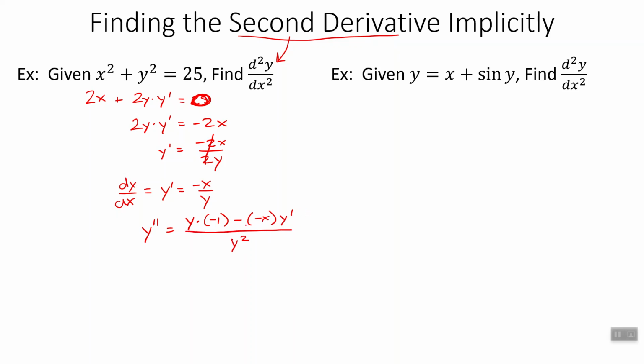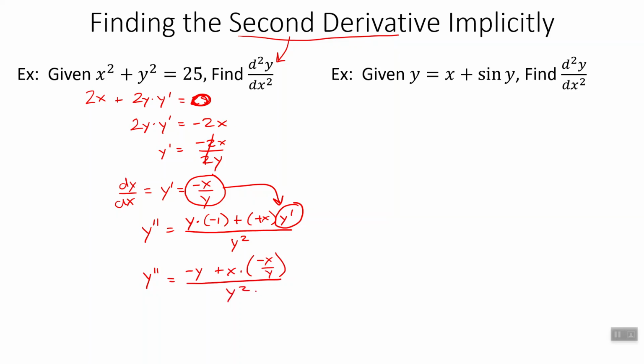All right, so now, let's see, we got a negative and a negative. Those will cancel out. But we still have a derivative here. We don't want to leave a derivative in this answer. So what we do is we go back to this line and we say, well, y prime is negative x over y, and we plug that in here. This ends up happening an awful lot when we do second derivatives. We get the first derivative as some part of our answer. So that's negative y plus x times, and we just take what it was equal to and plug it back in. Negative x over y